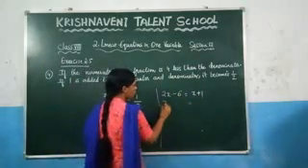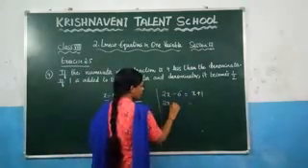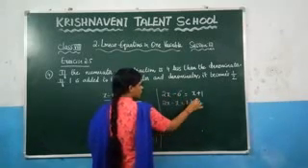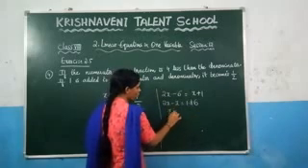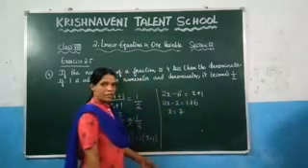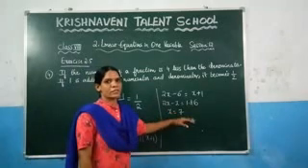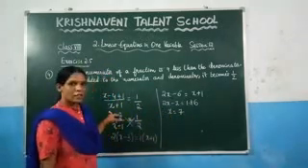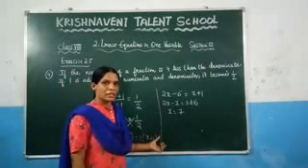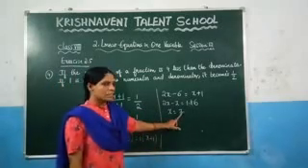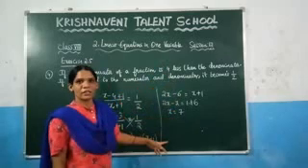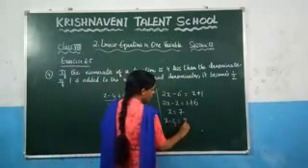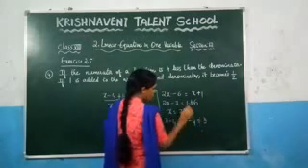Now you can take all the variables to one side. Take x to this side, it will become minus x. If you take minus 6 to this side, it will become plus 6. So what is the value of this, which is 7. Now here we got the value of x which is 7. What is this x? It is nothing but the denominator, right? So if you want to find the numerator, you need to subtract 4 from this value. The numerator is x minus 4, 7 minus 4 which is 3.